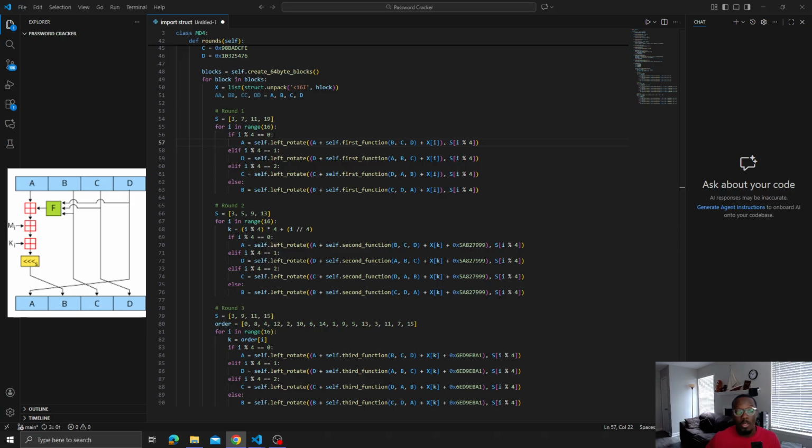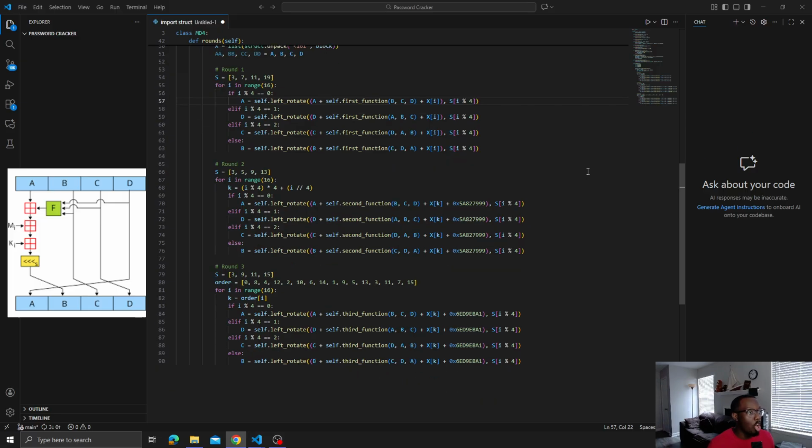Now, this happens not only with the A variable, but it actually continues on with D, C, and B as well, which is why each of these have their own different else if function, because this is all determined on the round that it's used in. So keep that in mind. Now the same thing is also done in